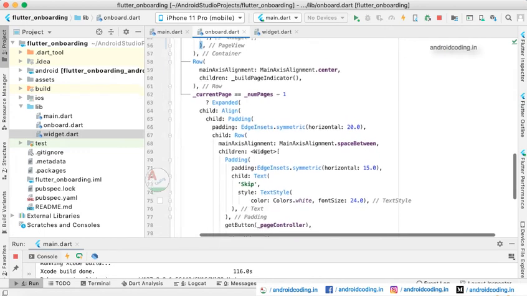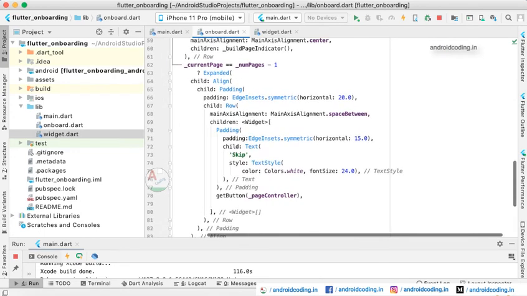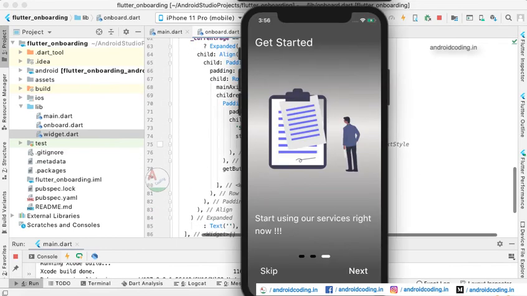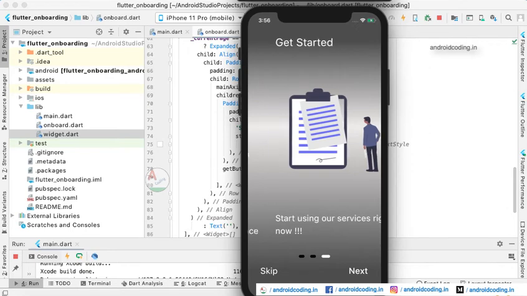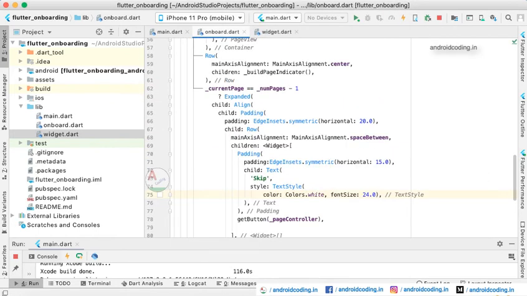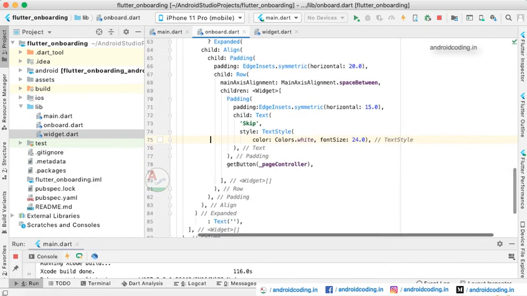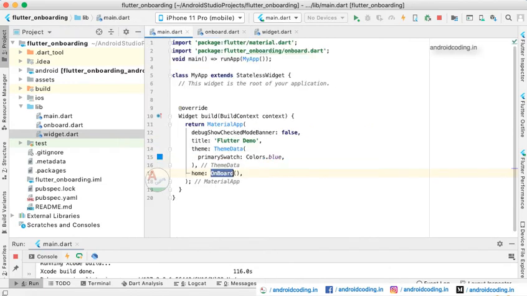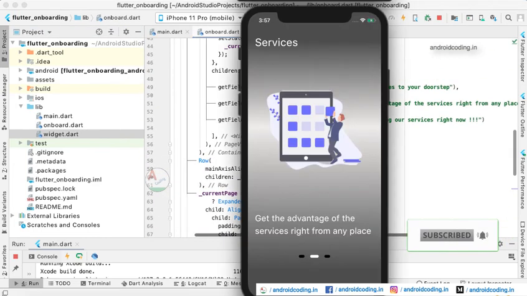Again here we are checking the current page status, and according to the page status, when you are on the third screen we are displaying a skip and a next button. In the first and second screens we are not displaying them. So we are checking which particular page we are on, and if we have reached the last page, then we will be displaying the skip and next buttons appropriately. This way we can make an onboarding screen for your application.